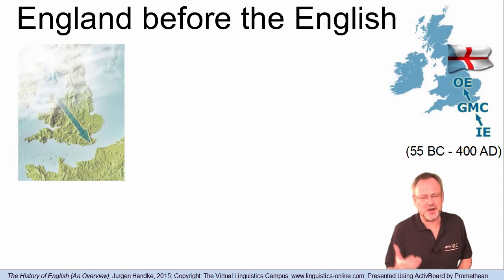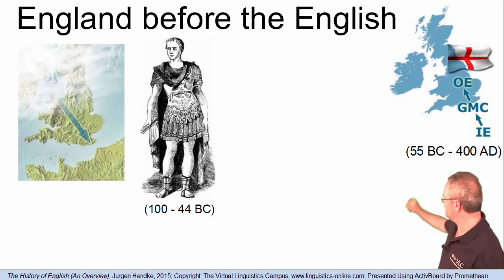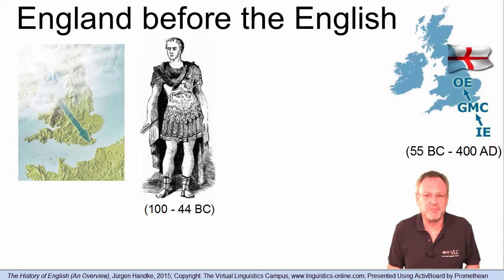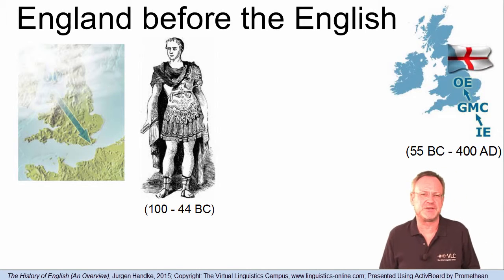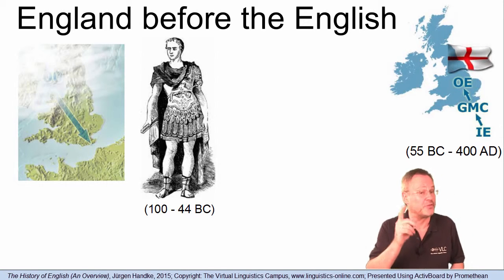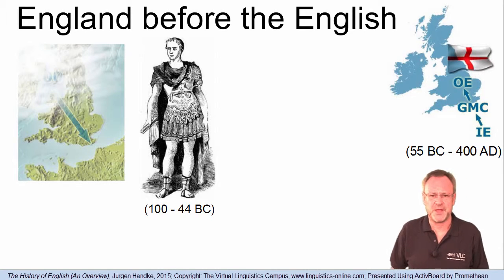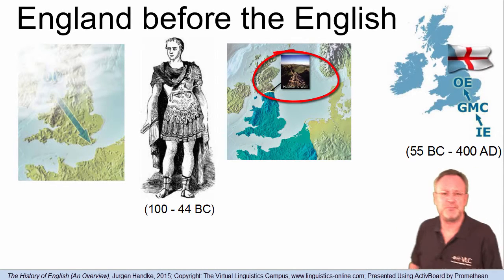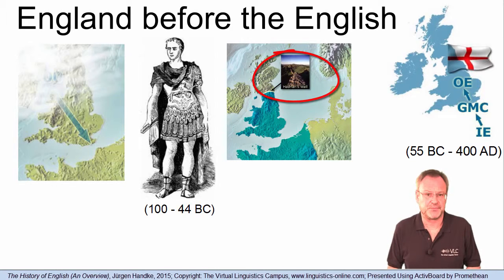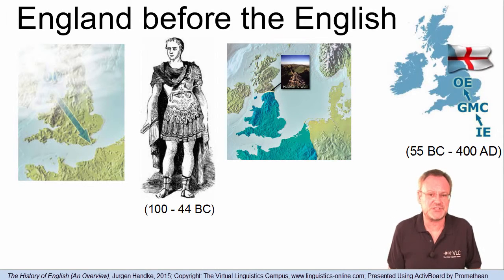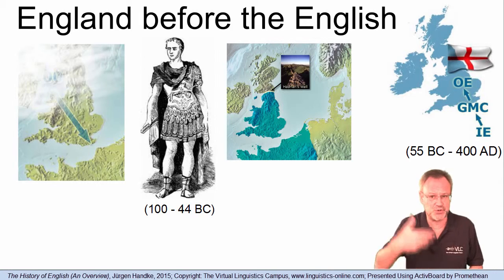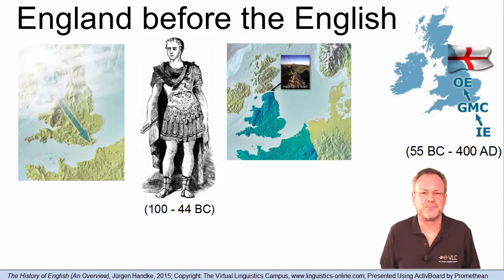Beginning in 55 before Christ, Julius Caesar, the Roman Emperor, made several attempts to invade Britain, but it was not before 50 after Christ that most of the land was under Roman domination, except for the northern part, which remained unconquered. Hadrian's Wall represents the borderline. England became Rome's westernmost outpost and was gradually Romanized.